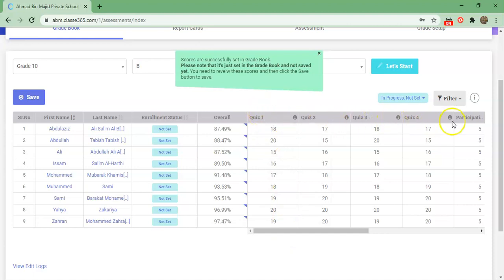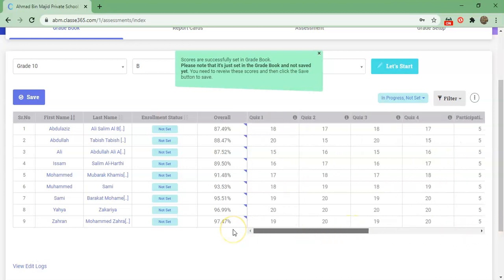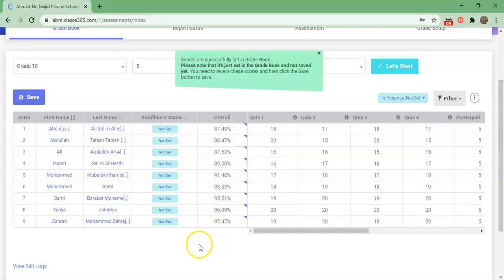Okay, so quiz 1, 2, 3, 4, and then participation, all scores are here. Again, no comment here, right? So for the comment, go to overall and click this again, this cloud button. Okay, you see the comment is here. If you want to change, you can change here, but everything is uploaded in one click. The moment you press save, it will be saved. But if you want to change after it, you can re-upload the sheet. If you want to change everything, or only a small thing, you can change even from here. Still you are allowed, no problem at all. So this is how you can upload your assessments, your exams, comments, everything.